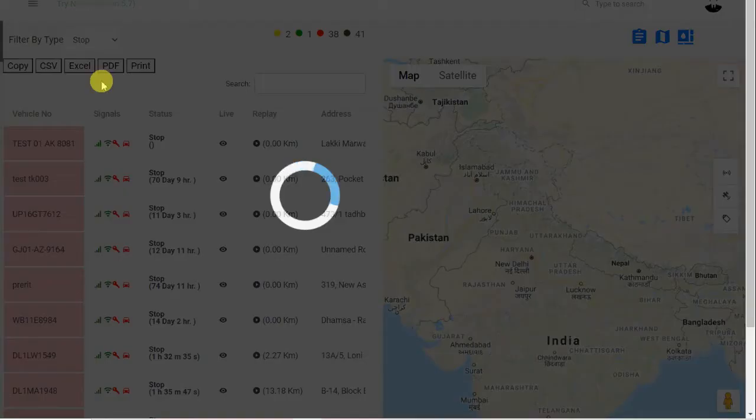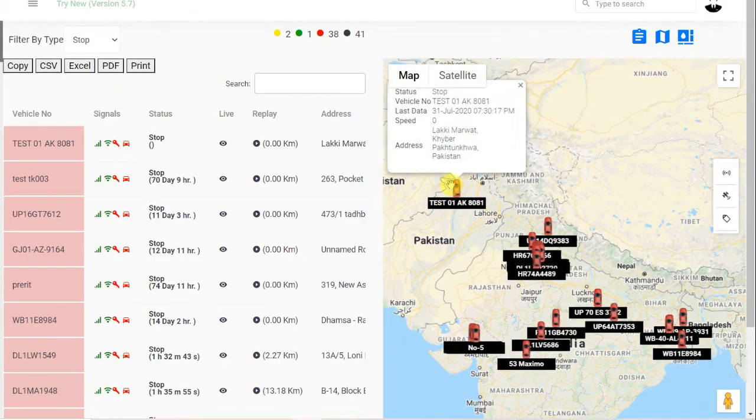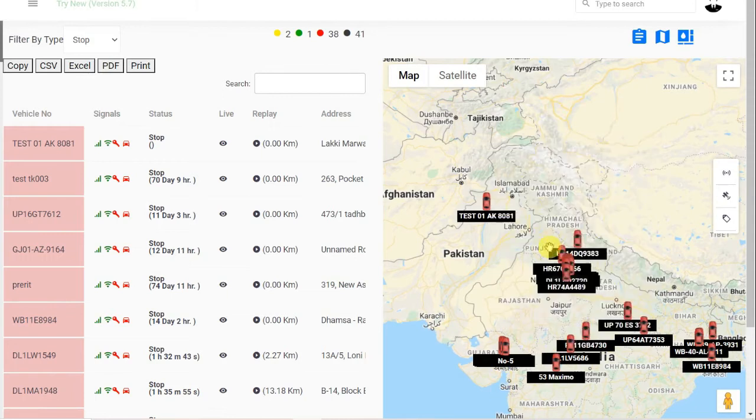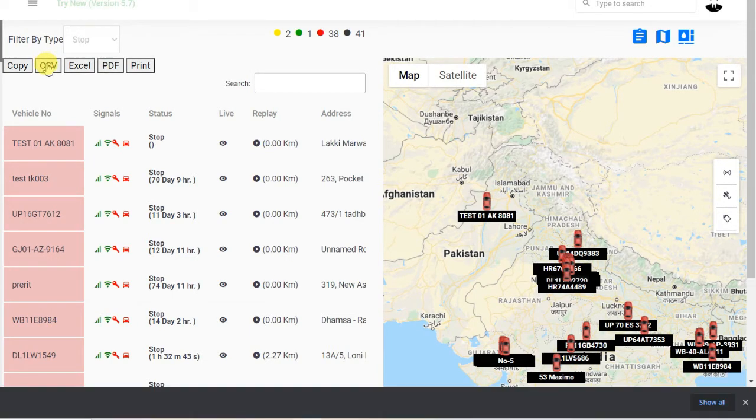Now if you want to see the list of these vehicles in Excel and CSV and download it, then you can select the format from here and download the file. For example, I have selected CSV and clicked on it. The file gets downloaded. Now let us talk about the format you wish to see these details in. You can select that from here.